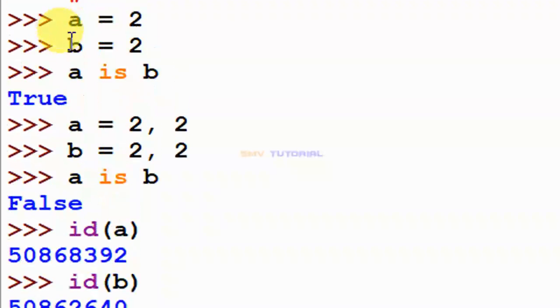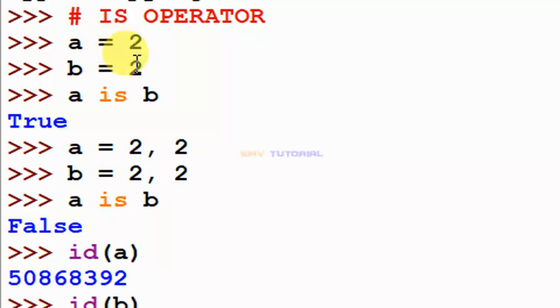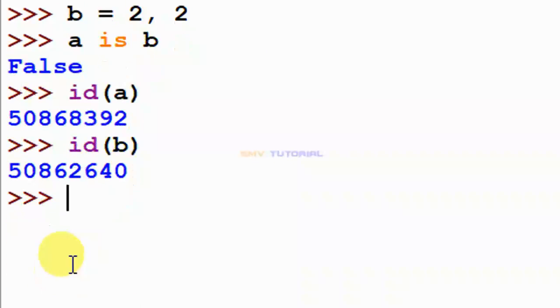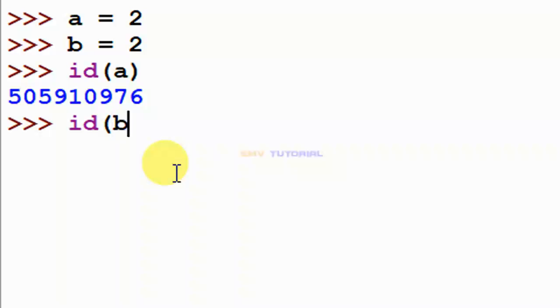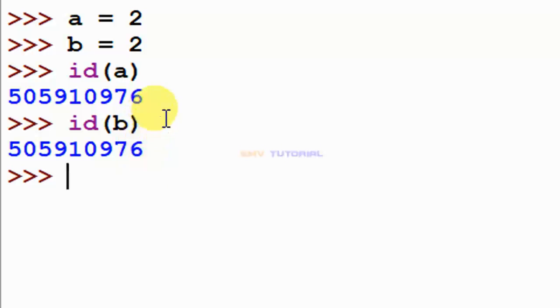Next, to check these two memory IDs, I create the values again: A is 2 and B is 2. I check ID of A and next ID of B. It is the same memory location.